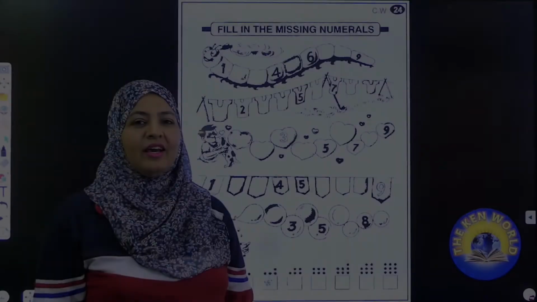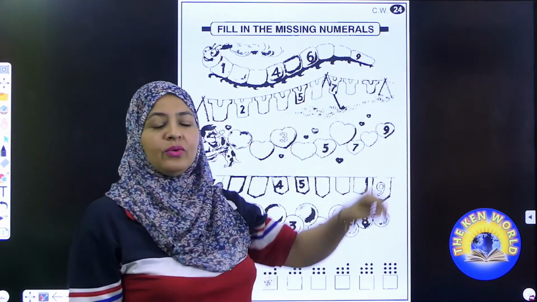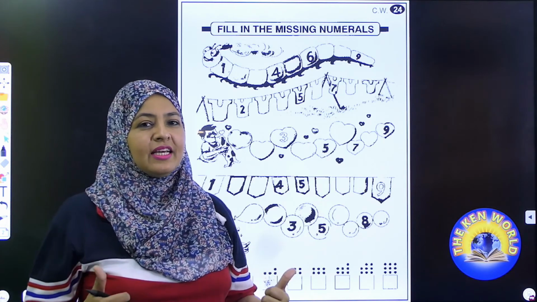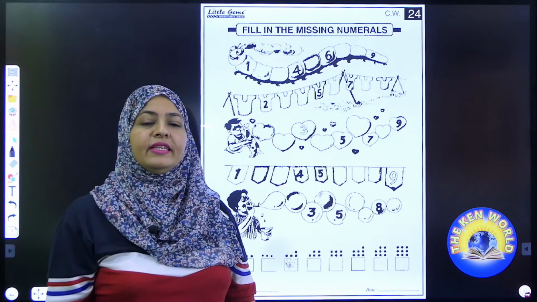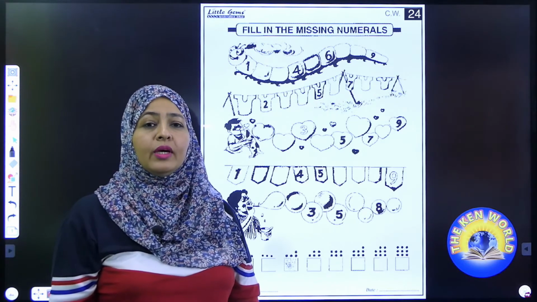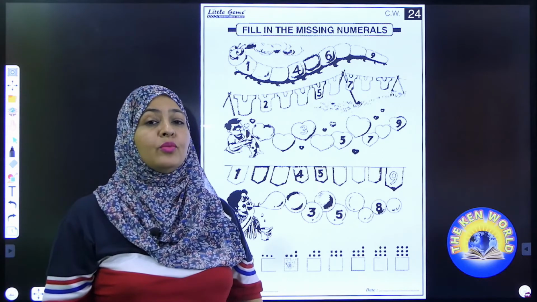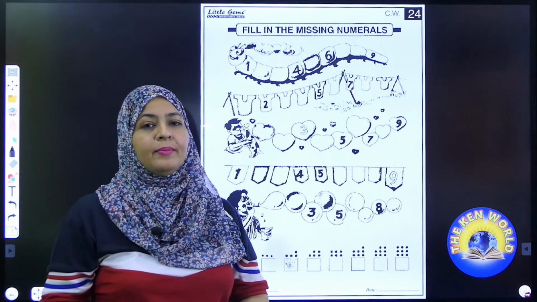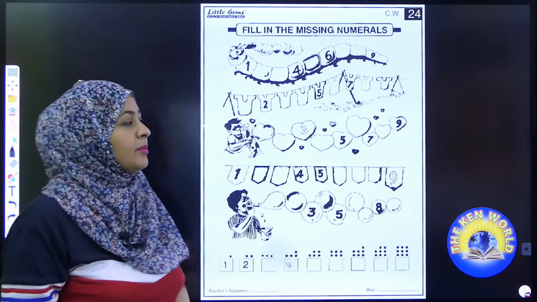Excellent. Now move to the next page, that is 24. It's an activity time. In this activity, we will fill the missing numbers. What we have to do in filling the missing numbers? We have to move in order to fill the missing number, isn't it? Yes. Now look at the board.